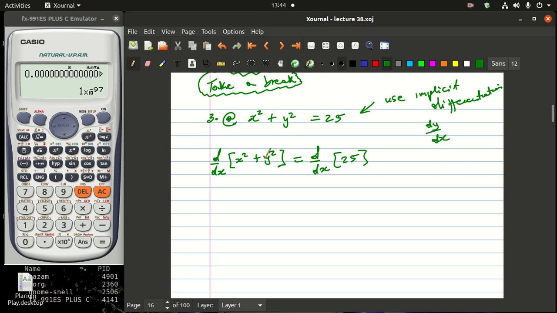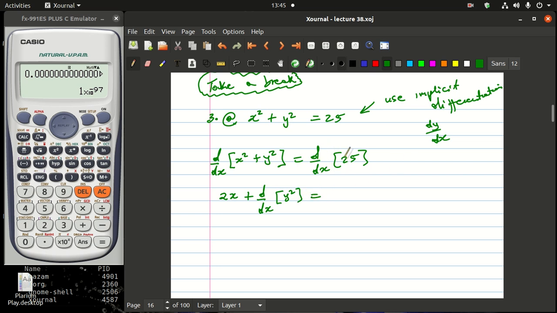To take the derivative of this with respect to x, you just need to bring the 2 down, have an x, and then subtract a 1 in the exponent, plus the derivative with respect to x of y squared, and then equal to,